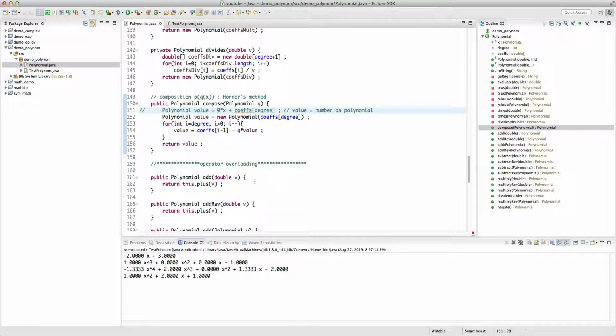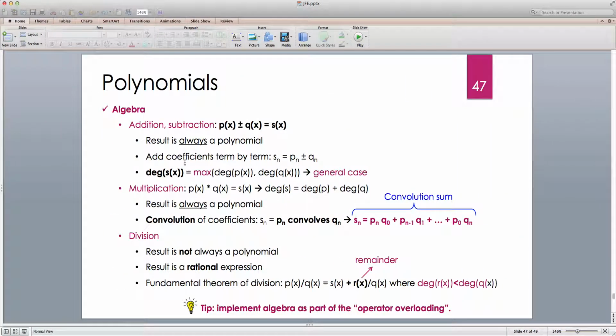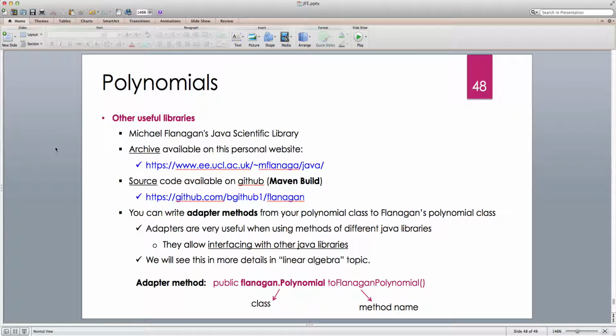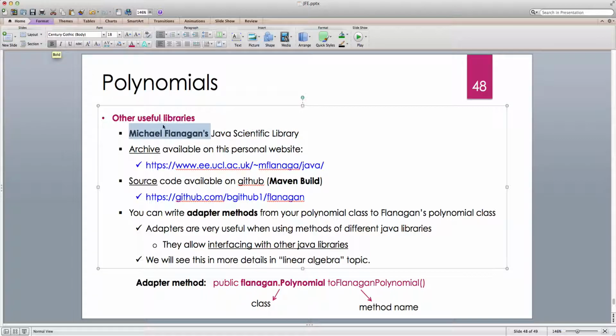So one last thing that remains is finding the roots. Now, in order to find the roots, instead of directly implementing it, because it's a little bit complicated, I'm going to take another approach. Now, there are other useful libraries that implement polynomials, and one of them, a very useful one that I highly recommend, is from Michael Flanagan. It's called Michael Flanagan's Java Scientific Library, and Michael is a professor at the University College London. So the archive file, basically a JAR file, Java archive file, is available on Michael's